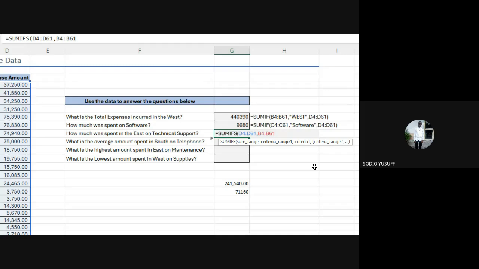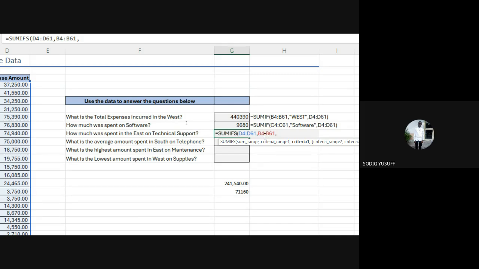Anyway, see, range means a lot of things. Then you put your comma. Now, what's our next argument? Everyone, criteria 1. So what is my criteria 1? East. Exactly.